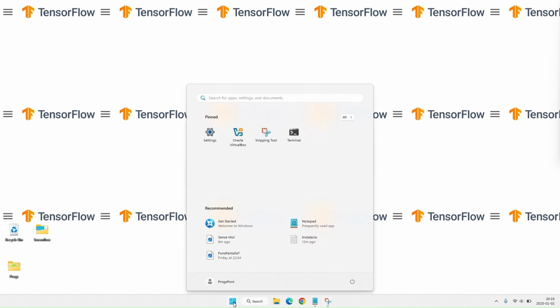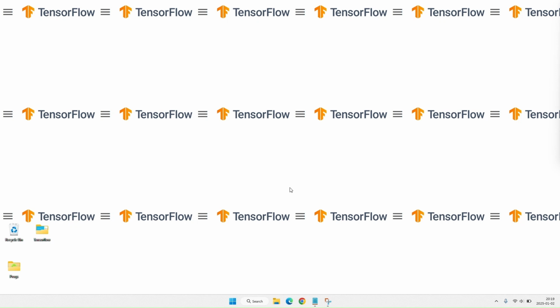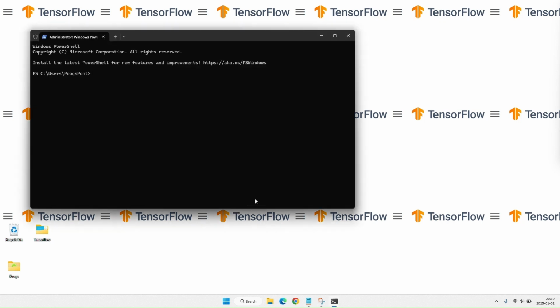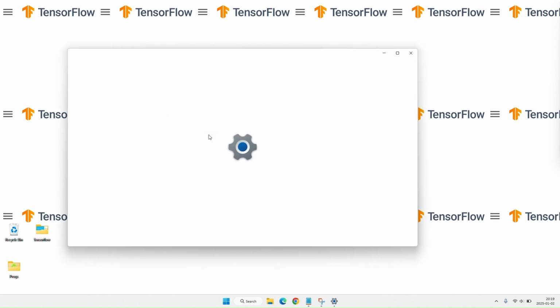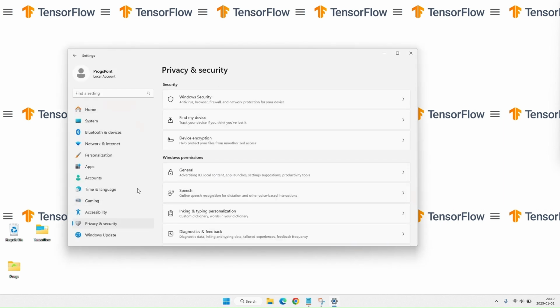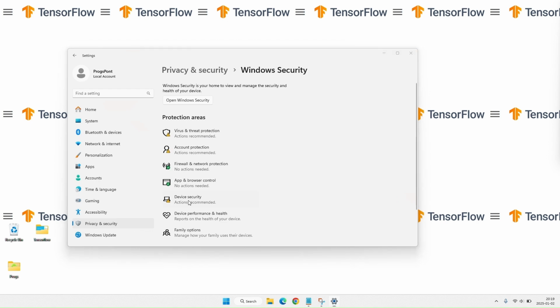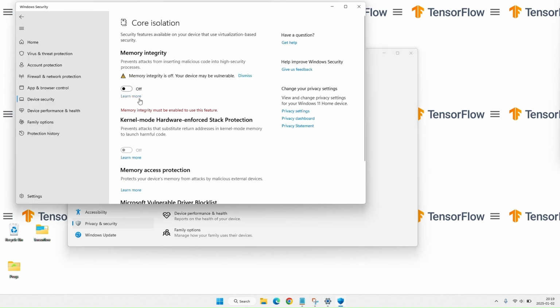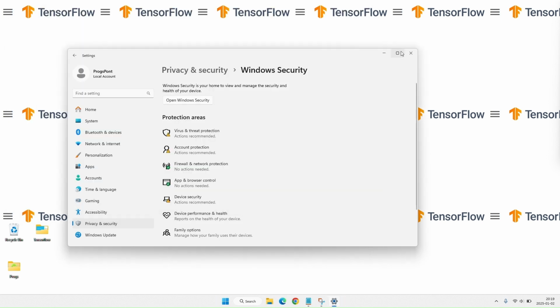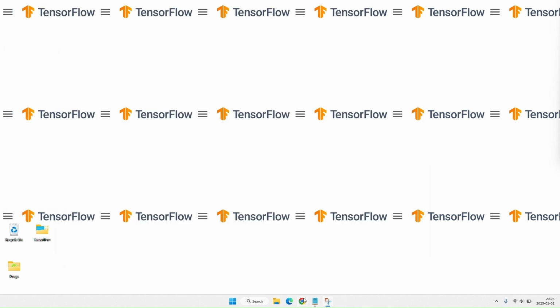TensorFlow Lite uses the CPU at a low level, and for VirtualBox to access it we must disable Hyper-V by running the command in a terminal with supervisor privileges. We also need to disable memory integrity in core isolation. Here we already have it disabled. It will ask you to restart the PC for the changes to take effect. We put this at the beginning of the video so that there are no surprises at the end.